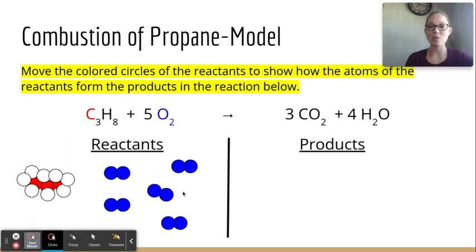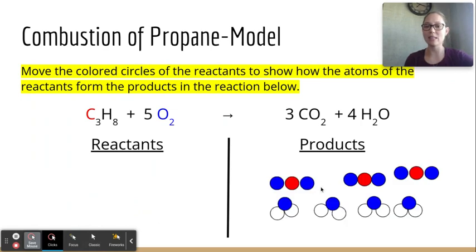All right, welcome back. So hopefully you guys got something like this. You didn't have to make any new spheres because we didn't have to make new atoms, and you didn't have to delete any spheres because we didn't destroy any in a chemical reaction. During a chemical reaction, we are just rearranging the atoms that are present into different molecules. So we start with propane and oxygen, and through the chemical reaction of combustion, we are able to produce carbon dioxide and water. But the amount of atoms never changes because we have to follow that law of conservation of